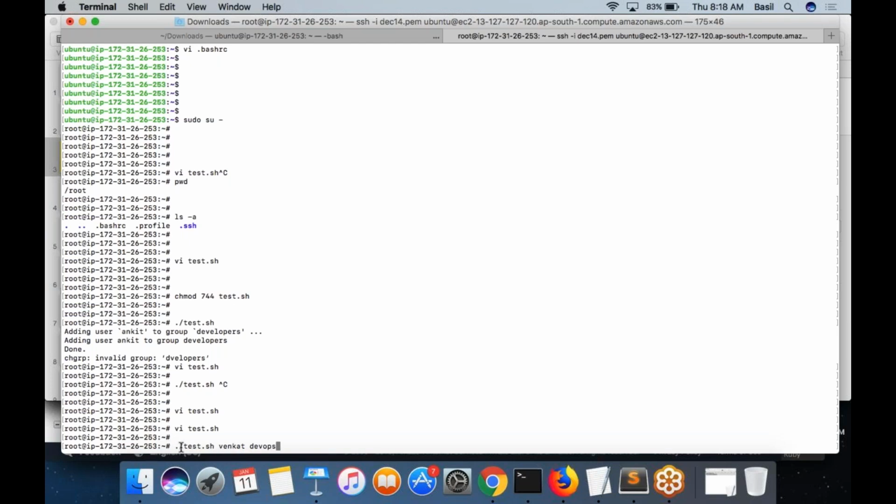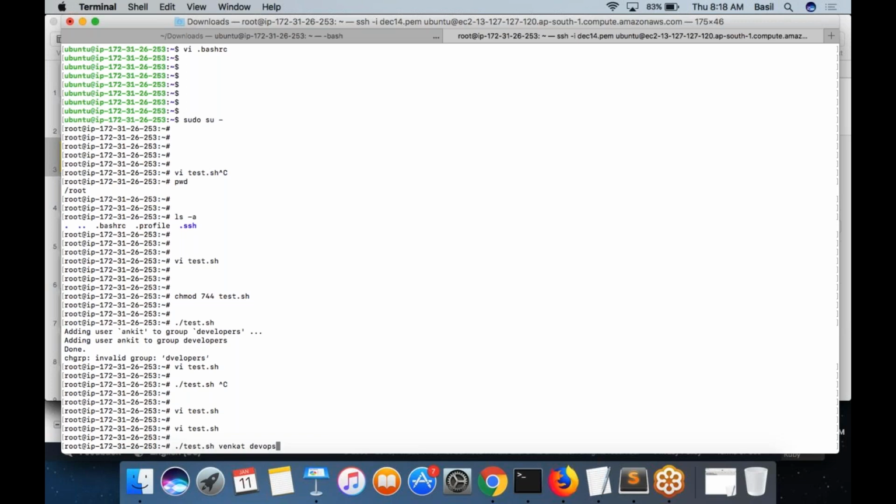So when I execute this command, what actually happens is I am passing two arguments to the script. They are called positional parameters of the script. Venkat would be referred to inside the script as $1. DevOps would be referred to as $2. So whatever arguments you pass one by one, they would be $1, $2, $3, etc.